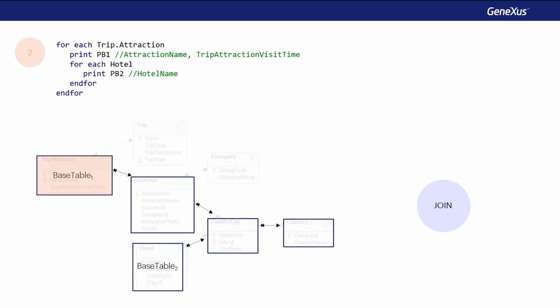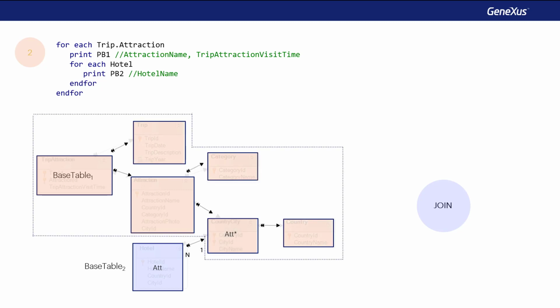However, we know that for each record of the main for each, we reach a record of this table, which is also reached directly from the base table of the nested one. That is to say, in this one, there will be a foreign key to this other one. They'll share this attribute. Because of it, this 1 to n relationship is established between the tables. In short, the extended table of the main for each will have some attribute in common with the base table of the nested one, and they will establish the join.